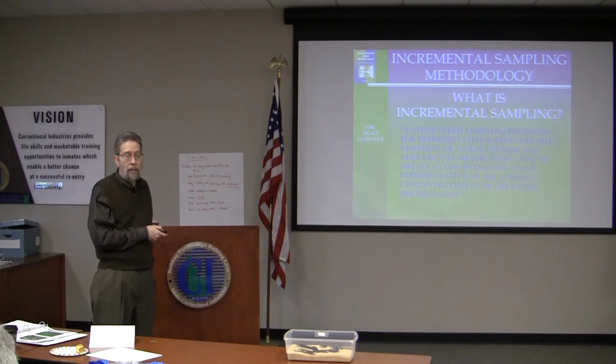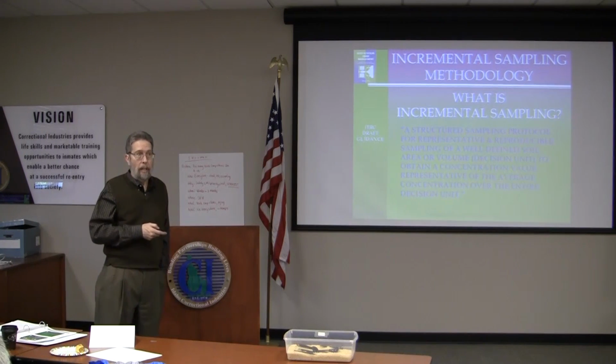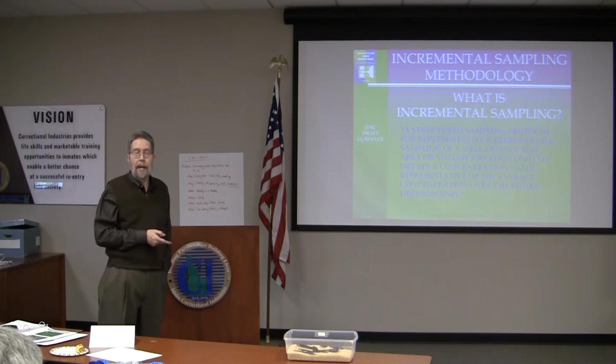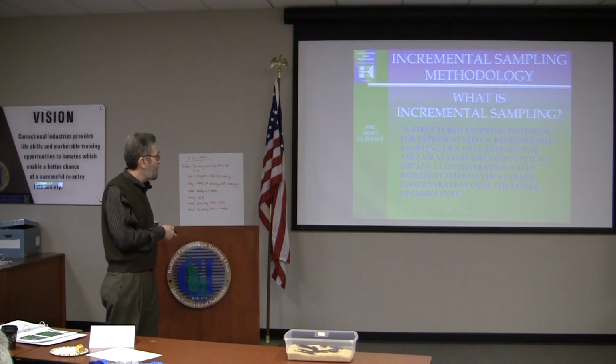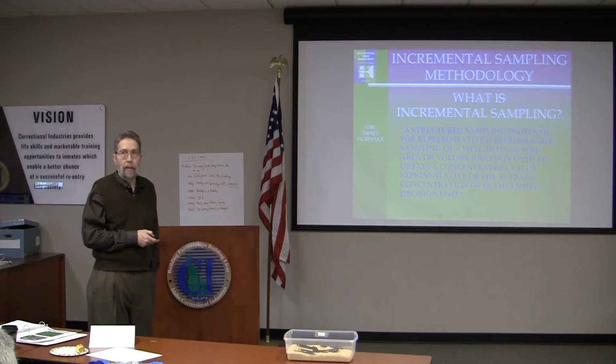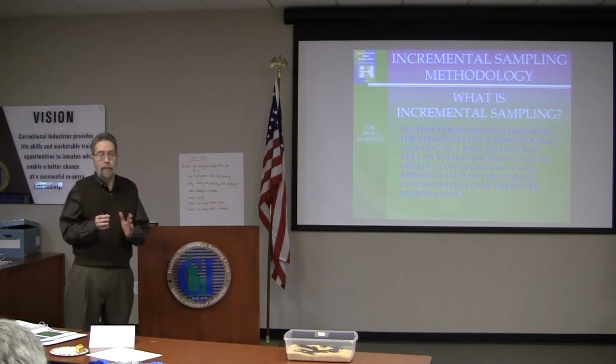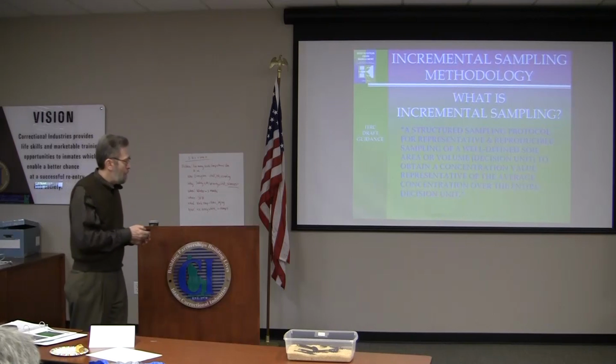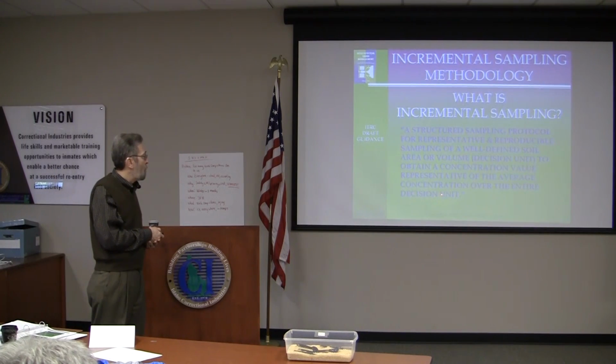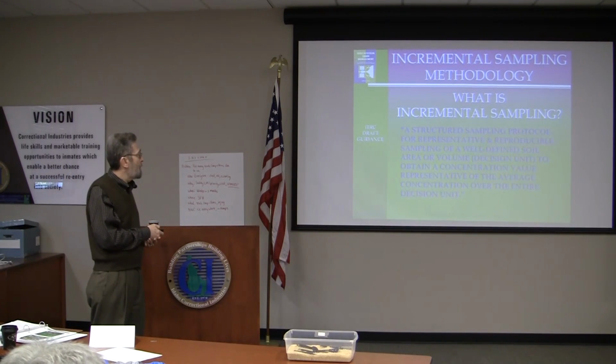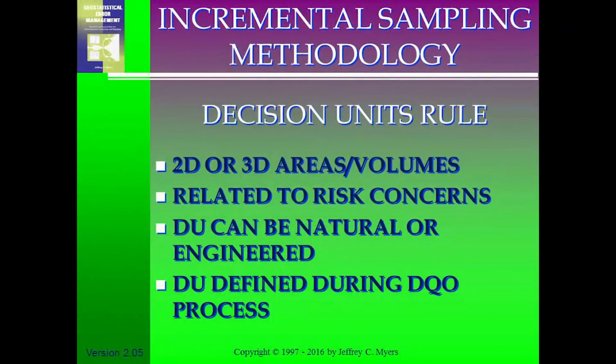We'll talk about this in incremental sampling. An average is a really good target or objective or statistic. It's not always the one you want, but for pile sampling, it's probably going to be a very good one, and that's going to represent the entire volume. We'll also talk about sampling units, which are a little bit of a subset. Those can be a little confusing, but in the end, we make a decision on one volume, whatever that is determined to be. So there's a lot, and I think they did a good job with this definition. Now, it's kind of a mantra in the DQO world that heterogeneity rules and support rules, and here we have decision units rule. That's our ultimate